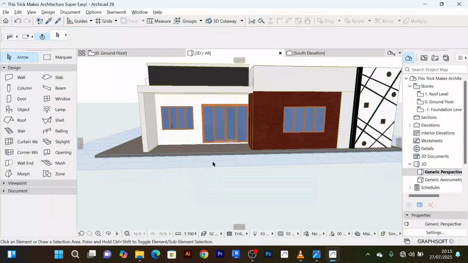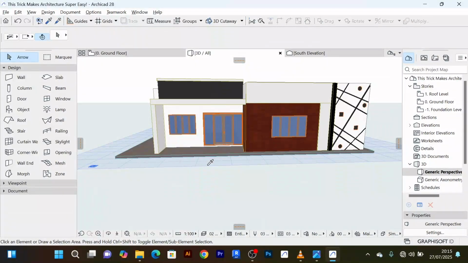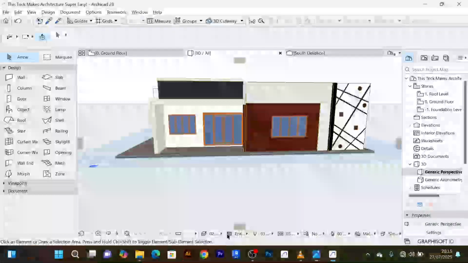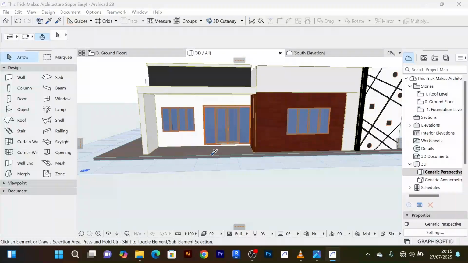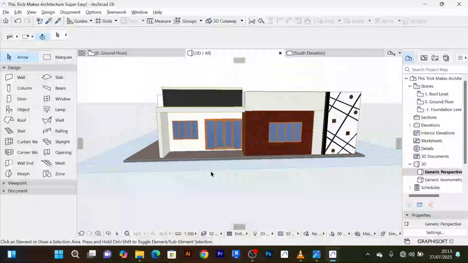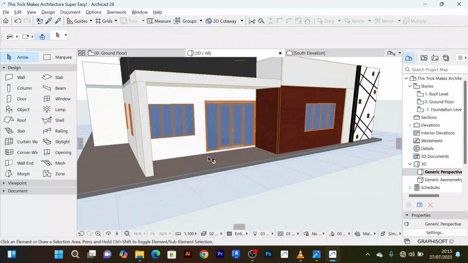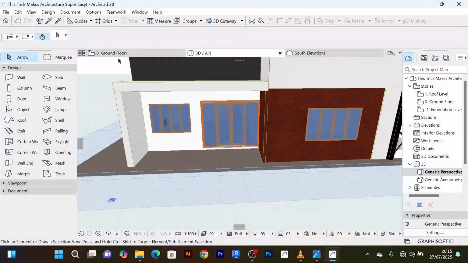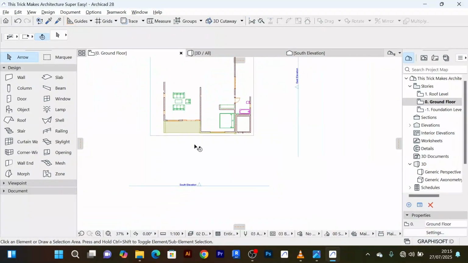So we can create something there, up to down. So let's create the steps. For you to create the steps, the best way you can do it is you need to create